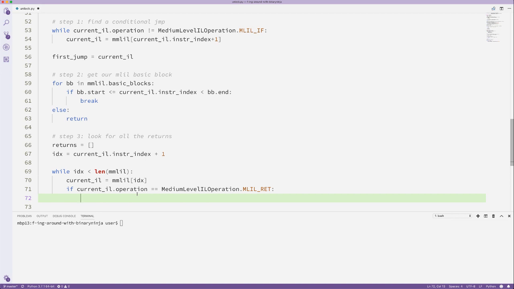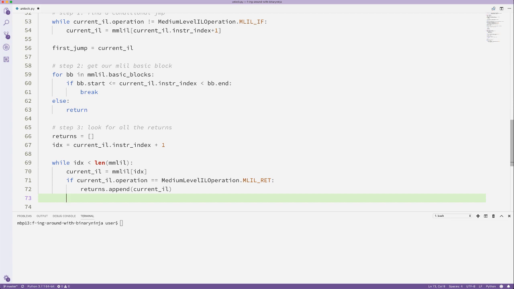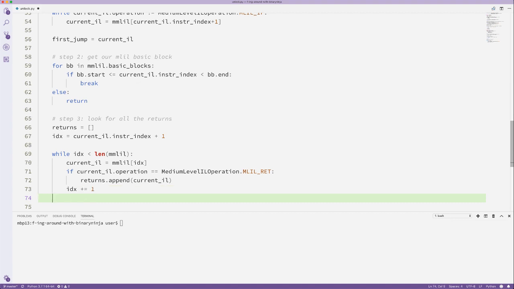So anyways, let's do returns.append current IL. Let's do a like that. All right. So let's try that one. All right, so